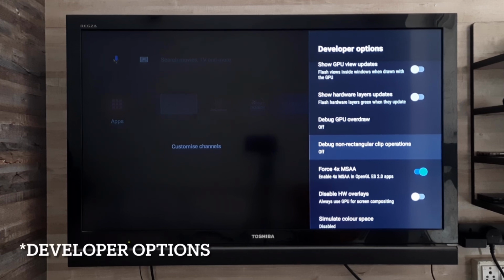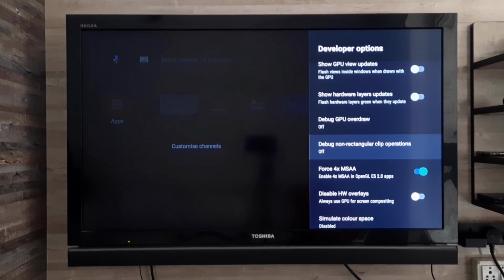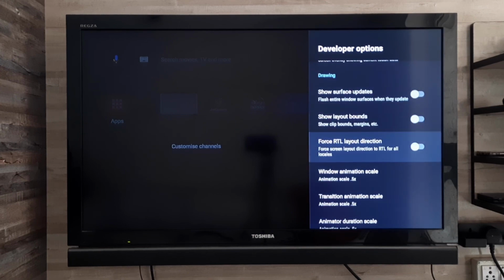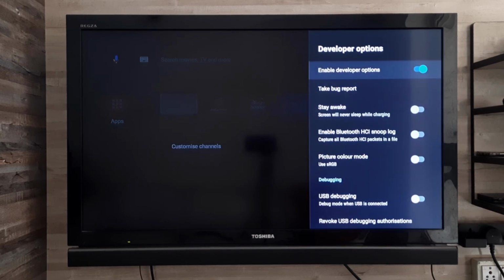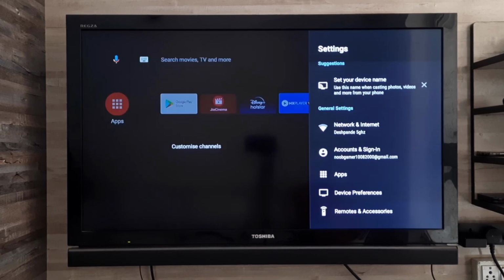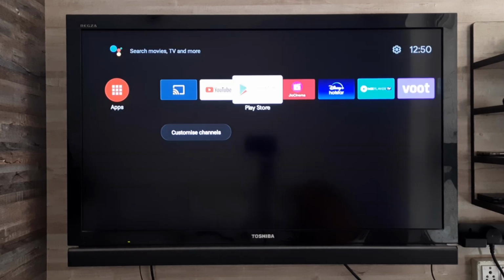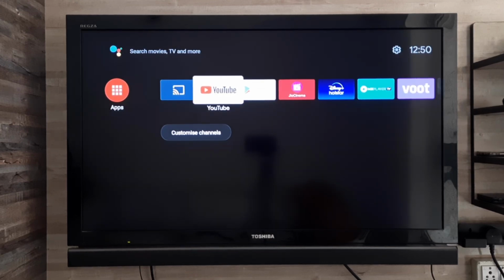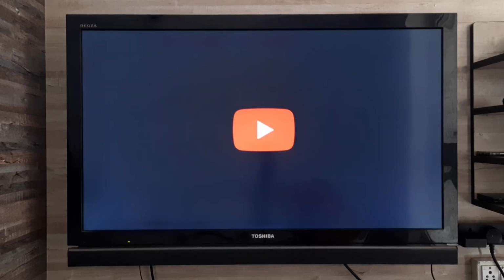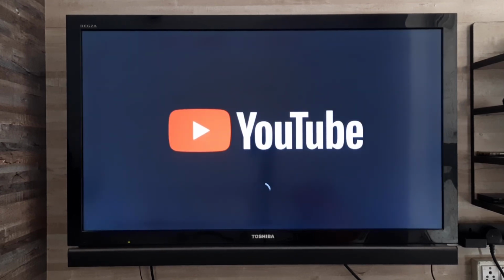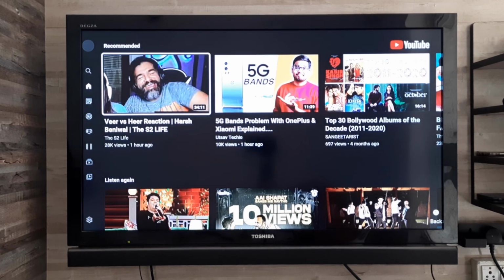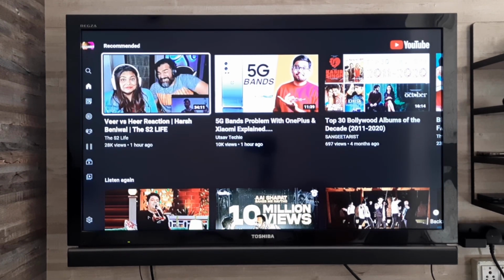I am going to turn it off now, and first I am going to show you how the speed is when you turn these options off. So I have turned it off. Now if I open any application, for example YouTube, okay, so it takes some time.